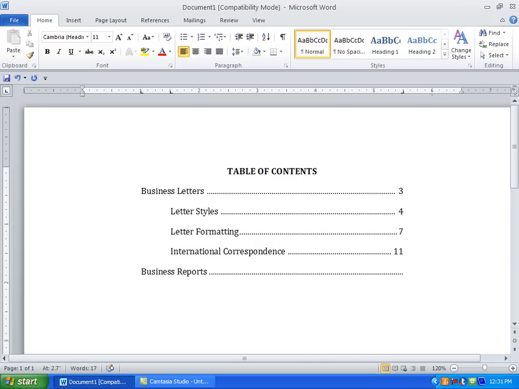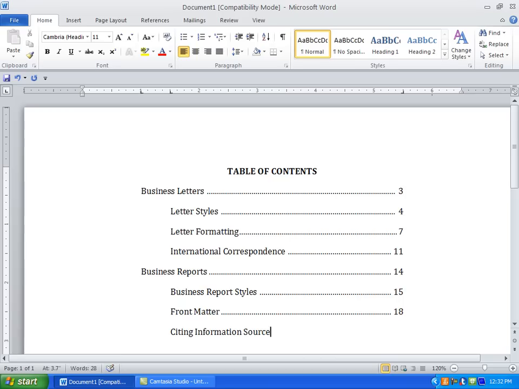Again, I'm going to space, tab, space, and this is 14, and then I need to tab in twice to get in position for business report styles. Space, tab, space, and this is 15, tab, tab, front matter, space, tab, space, and this is 18, tab twice, and this is citing, and this is page 19,